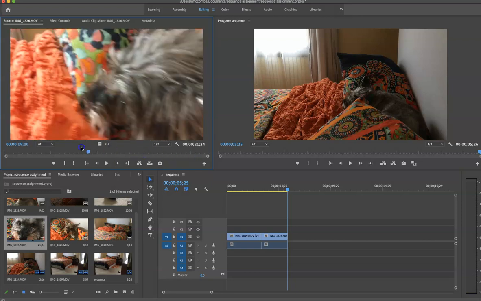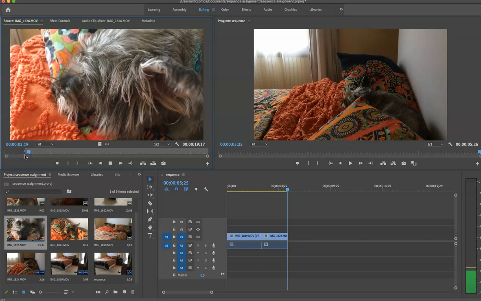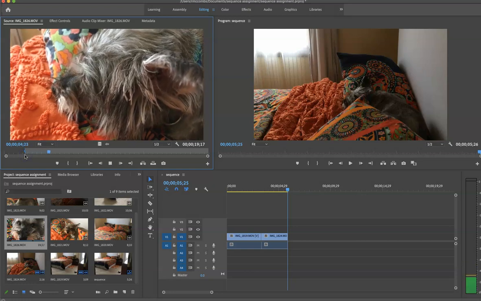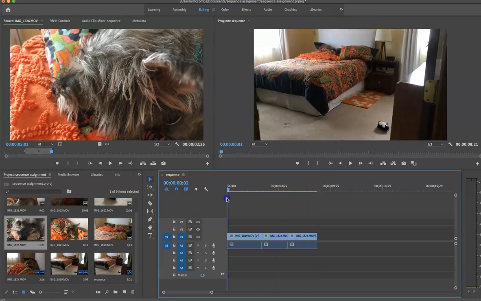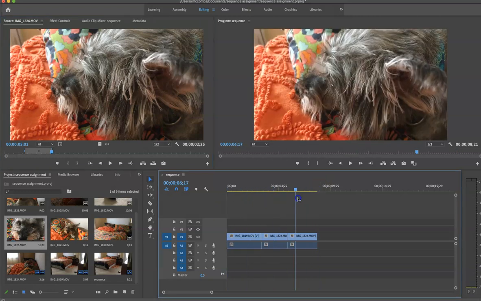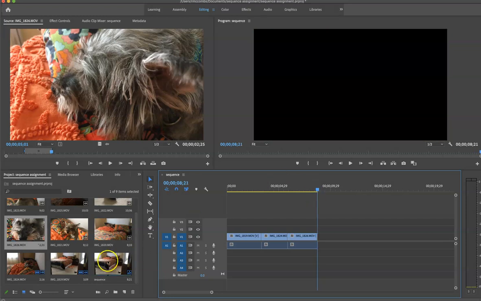Oops, I didn't put his head up. Okay, so we're going to start with this. In point, 1, 1000, 2, 1000, 3, 1000, out point. There we go. So now I have a wide shot, medium shot, tight shot. I don't have to do them in this order. And now I'm going to use my down arrow so I make sure at the end, and I'm going to